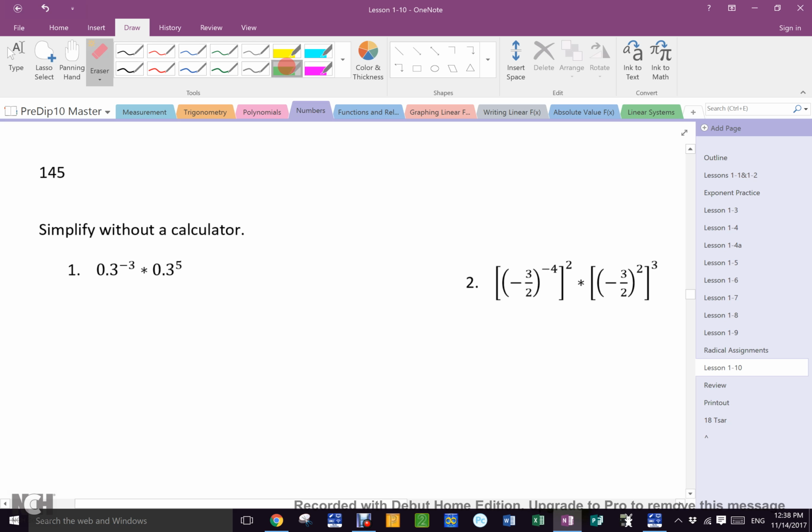What do you notice about them? They both have the same base. So what do we do with the exponents? We add them to get what? 2. So you would get 0.3 squared. Now a great many of you